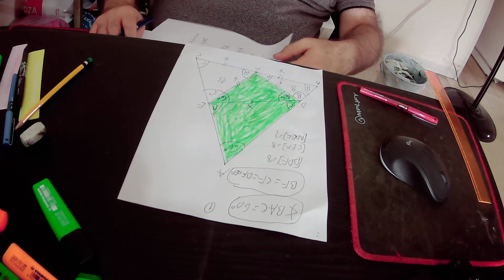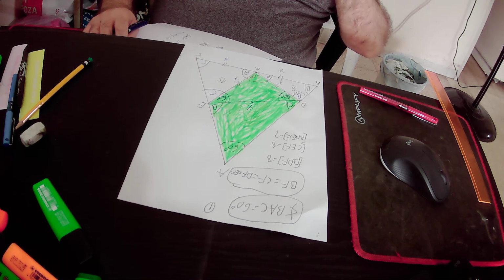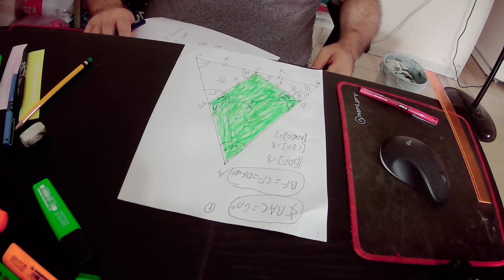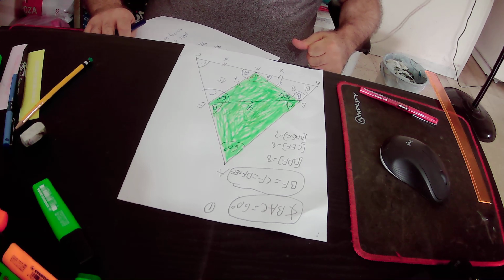When you prove that all the angles in one triangle are equal to all the angles in another triangle, then those two triangles are similar to each other according to angle similarity rule. So from the fact that those two triangles are similar to each other, we can actually say that the following relationship exists,